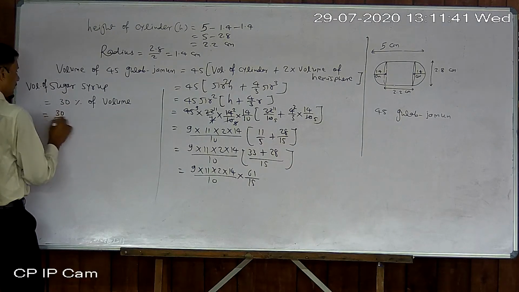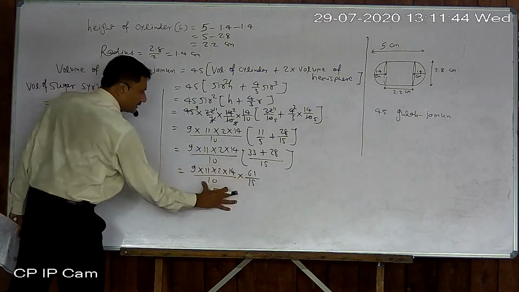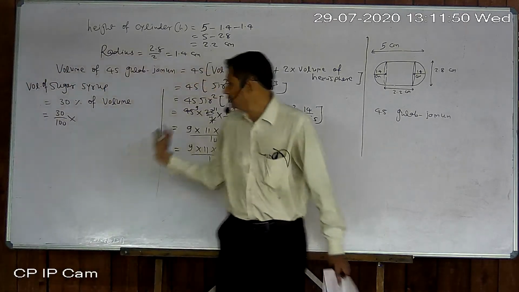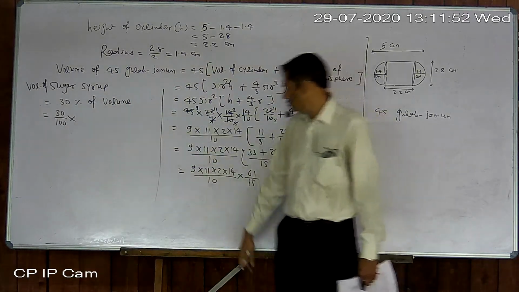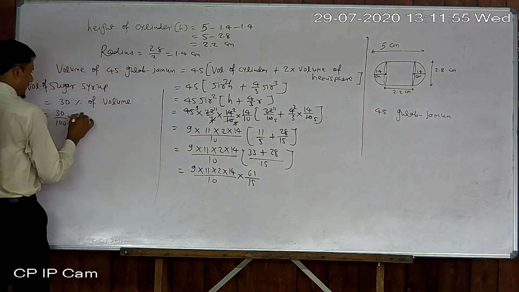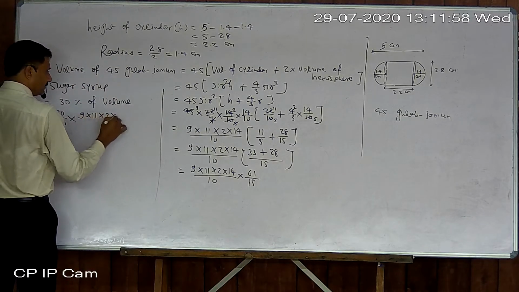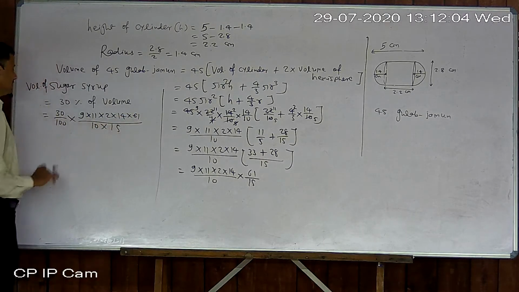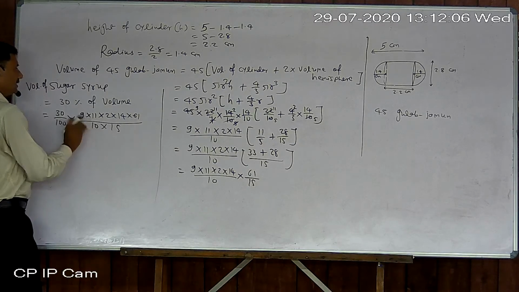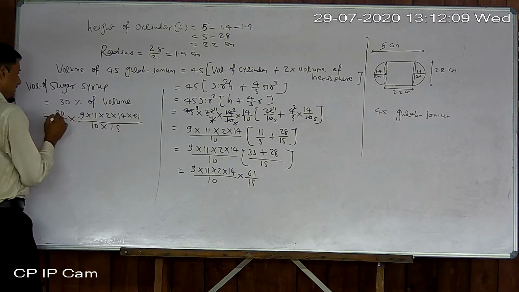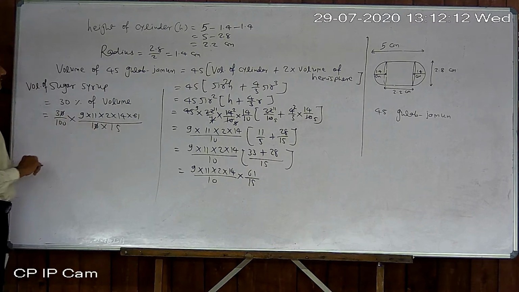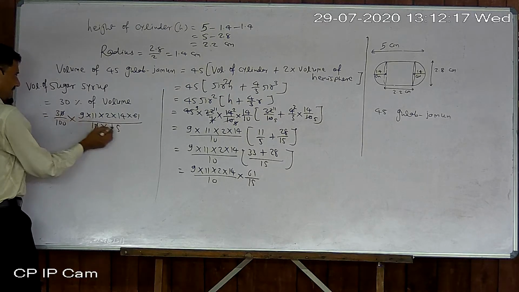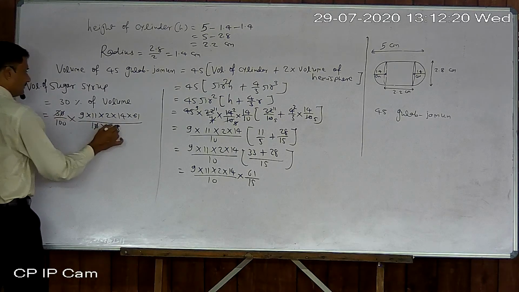So it is 30 upon 100. I do not simplify here because I just want to bring that whole expression here only so that it may be beneficial. Now 9 into 11 into 2 into 14 into 61 upon 10 into 50. Now try as much as possible to simplify it. So here 110 cancels out. Now we can write here 3 and 15 are there. So 3 5s are 50.